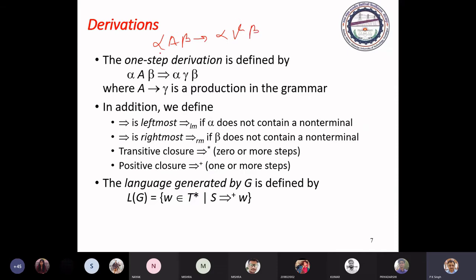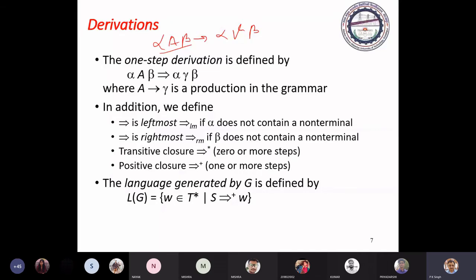We have an intermediate form of the derivation. It is called a sentential form. A particular string of terminals, the tokens, is called a string of the language.